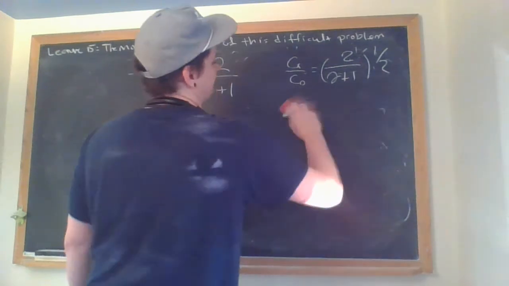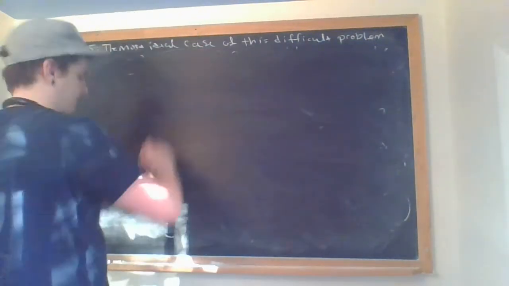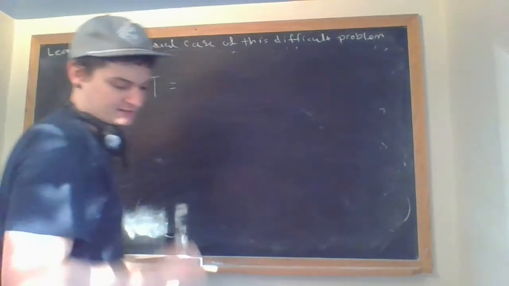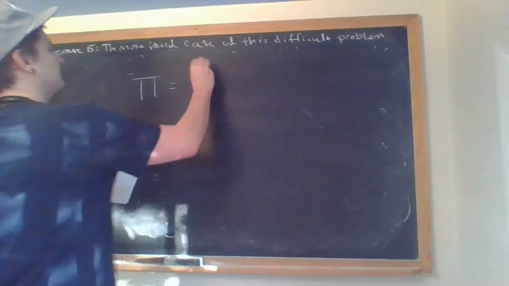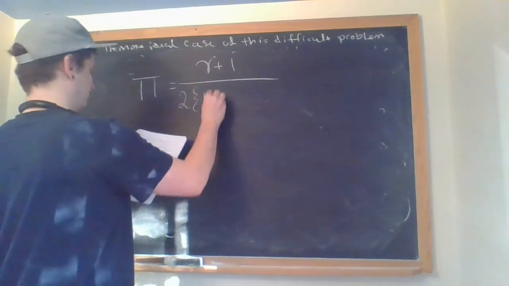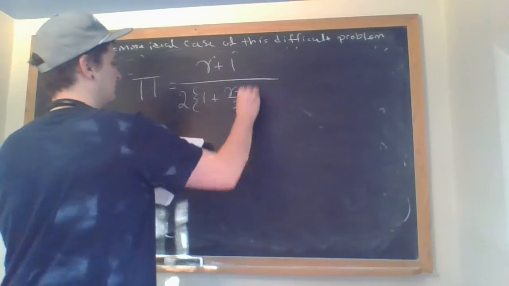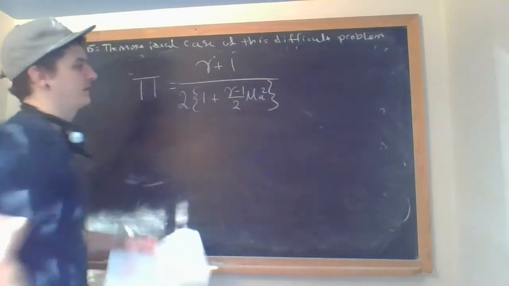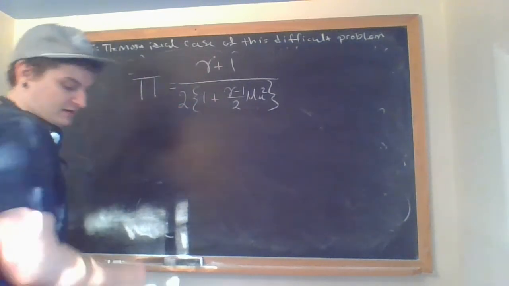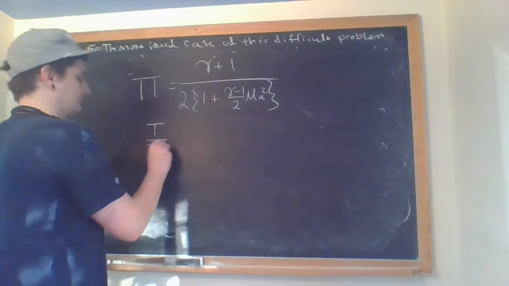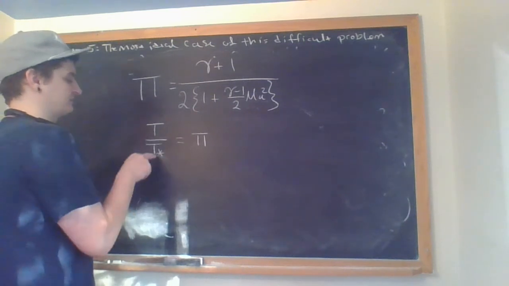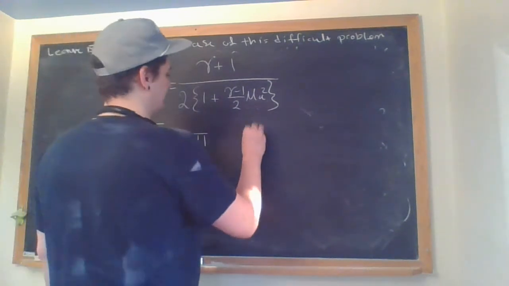So if you do that and just take the relationships before, again, you'll get this terrible relationship. So I'm just going to call it a large pi group, let's say. Defining this pi group as this other quantity that we have right here, you'll get then that the ratio of the temperatures. So now it's referring to the critical reference, and then